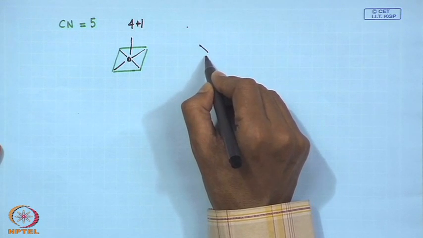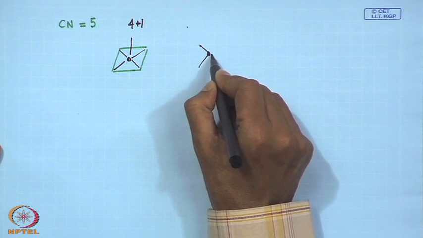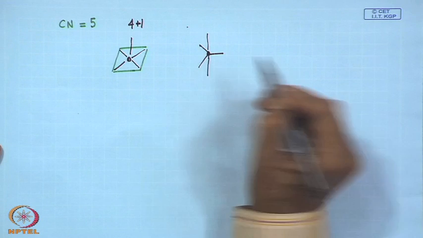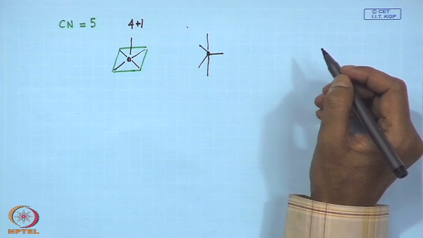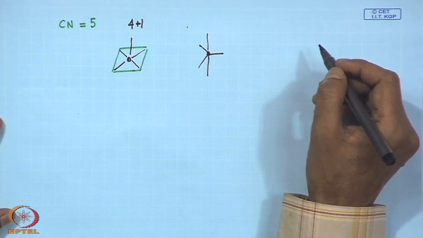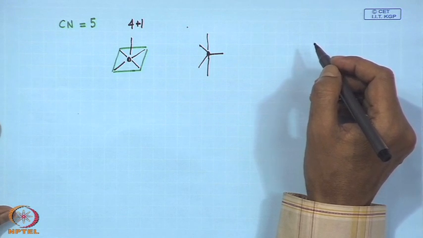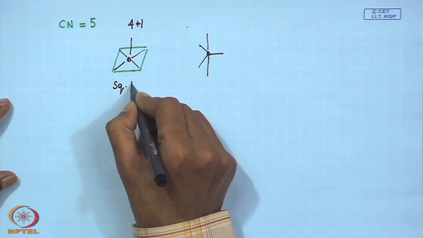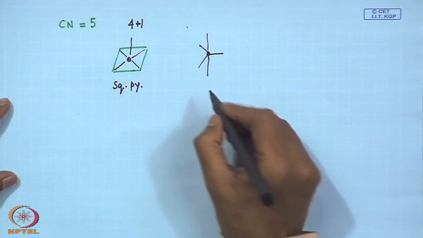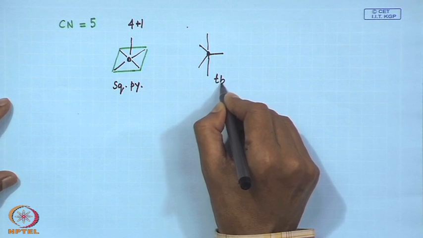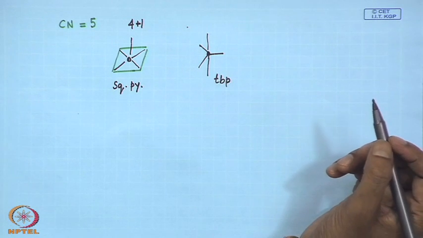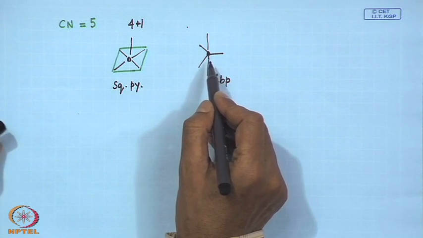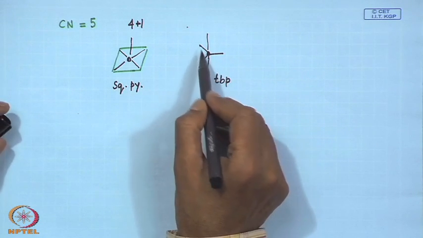Similarly, another important geometry, which is also possible for simple inorganic molecules and is also true for the corresponding coordination compound, is the trigonal bipyramidal geometry. So, this is square pyramidal and this is TBP, the trigonal bipyramidal. And these two can be interconvertible to each other, because the positioning of some bonds